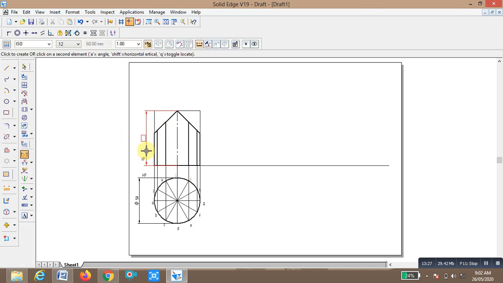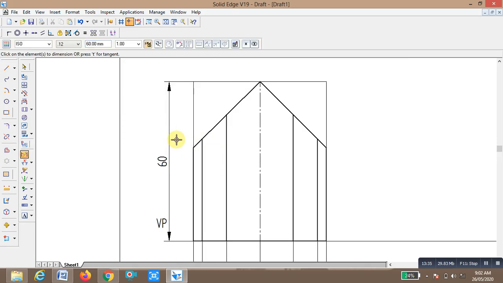Okay, and to name them, go to text, this is point 1, this is point 2, point 3. Okay, this is point 3. So on the corners here it is 1 2 3, right?